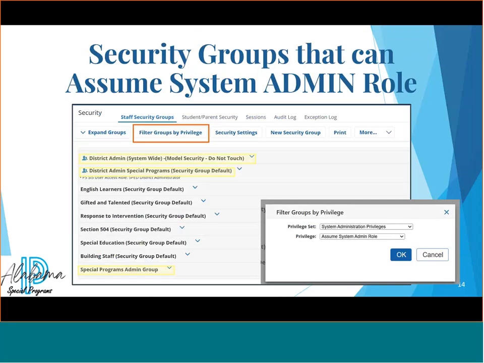Okay? So let's talk about how to figure out who has access to specific privileges. Now, this is the original screen we saw, and remember, these are the things that we're going to talk about today, some of them. Right now, we're going to talk about filtering groups by privilege. And since I was just talking about assuming that system admin role, let's filter and see who has rights to that page. So if you were to filter your groups by privilege,